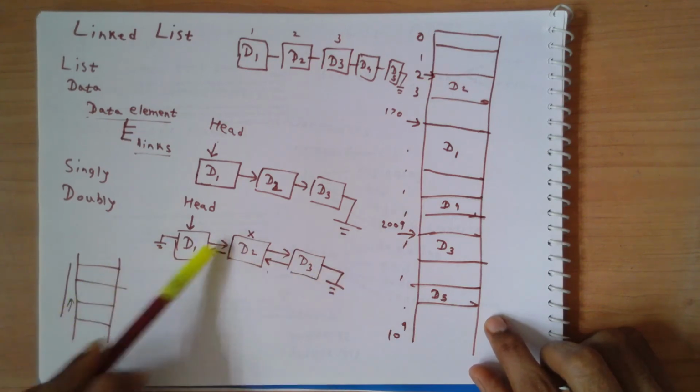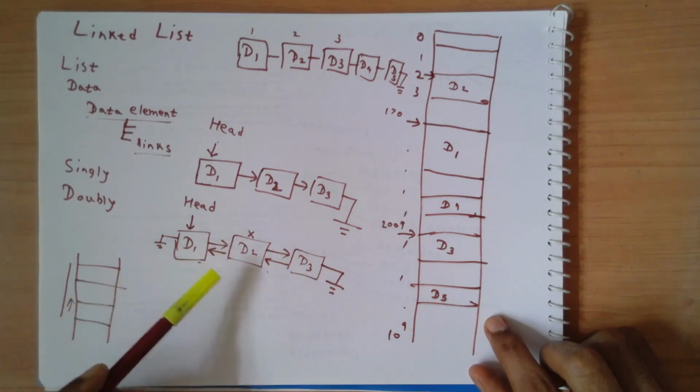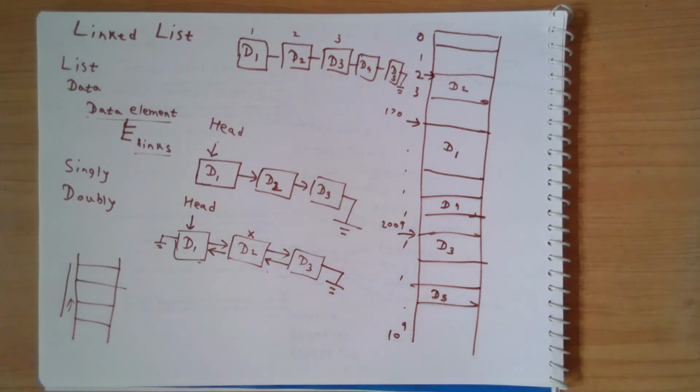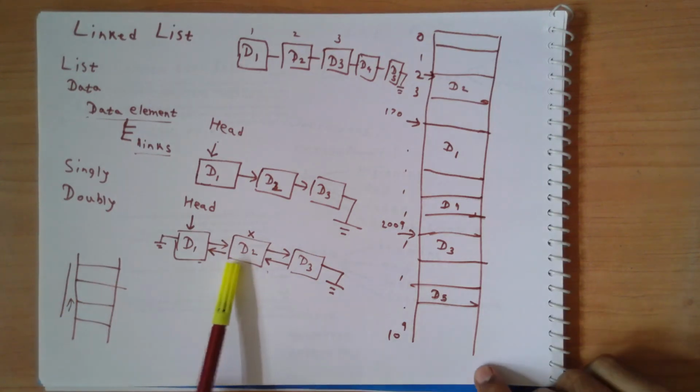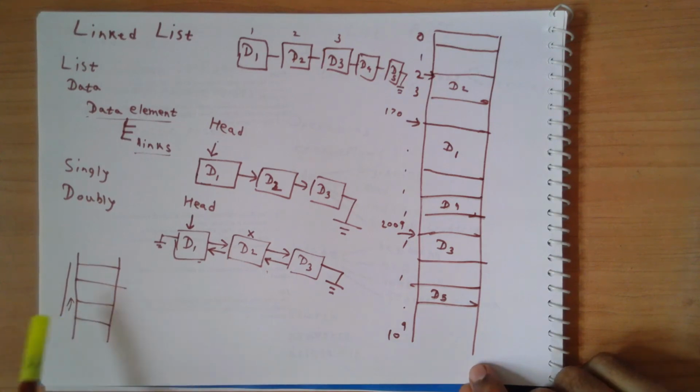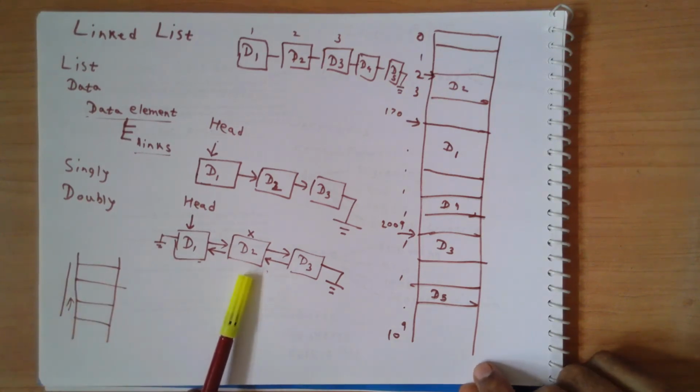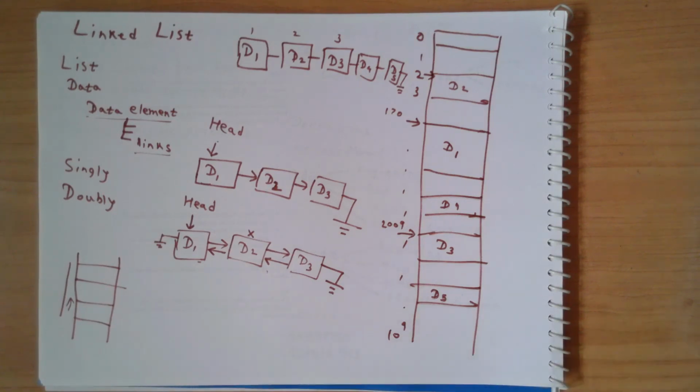So both of them can be used to represent your lists, but both of them have different advantages. This is more flexible, this is a bit more rigid, but this is faster in terms of accessing random elements. This is slower in terms of accessing random elements. So depending on what the requirement of your application is, you will pick the right representation for your list abstract data type. Okay. So after this, let's start to look at singly linked list.